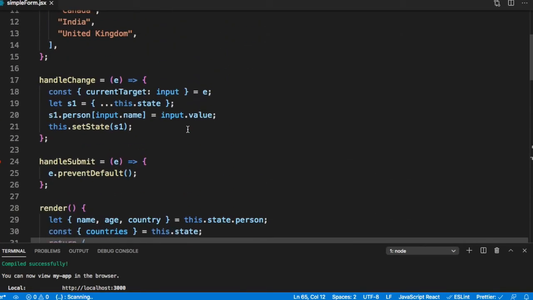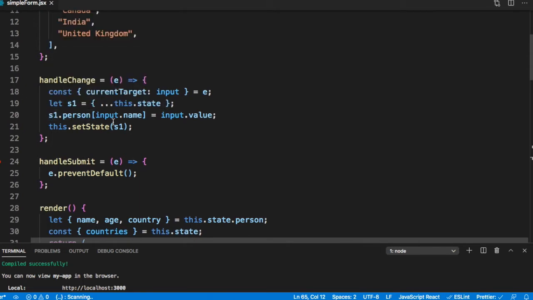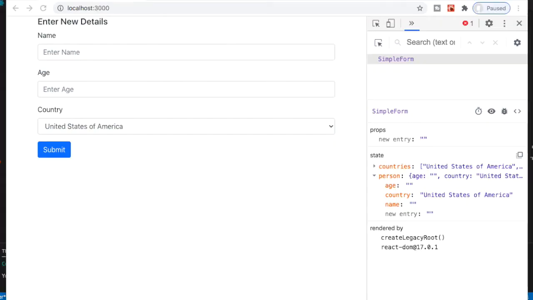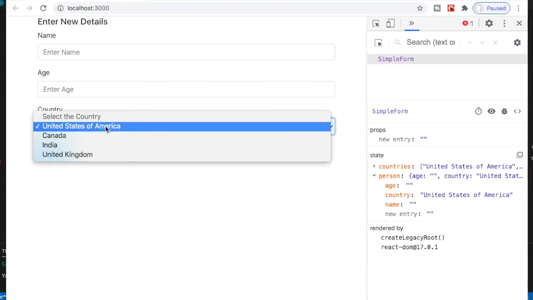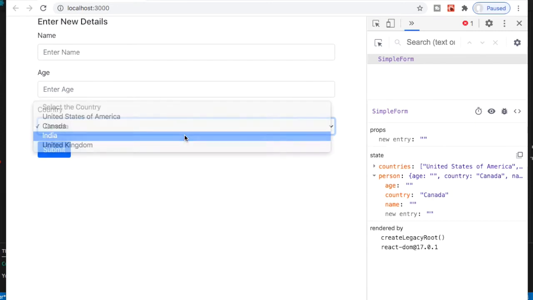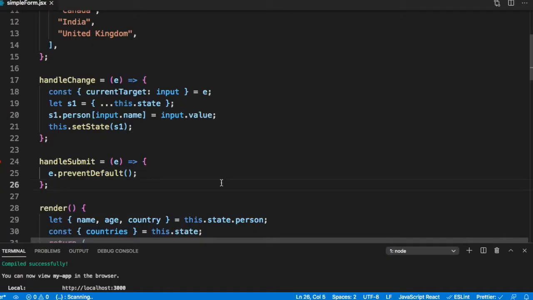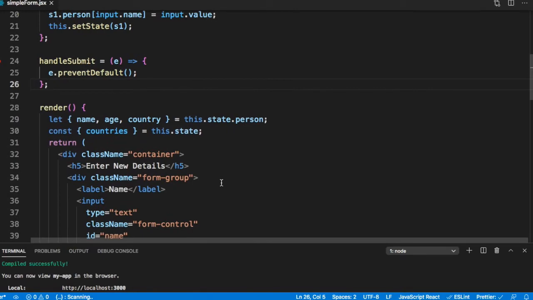Because in the handle change, we have said set state person input.name. In this case, input.name would be country and input.value is what is getting reflected. So if I change this to Canada, I can see this value has changed, India, and so on.